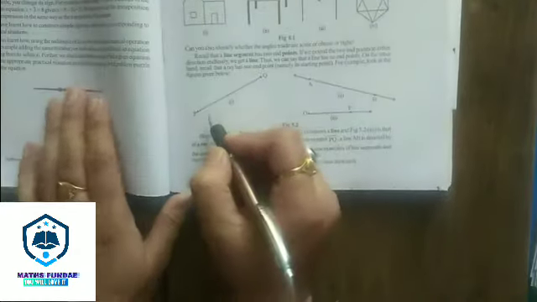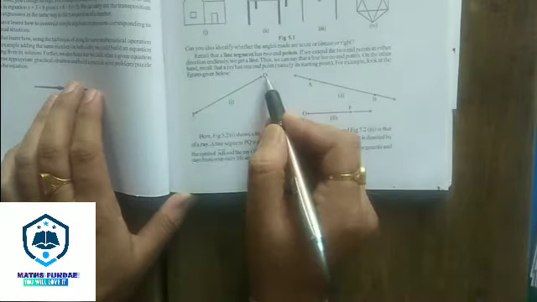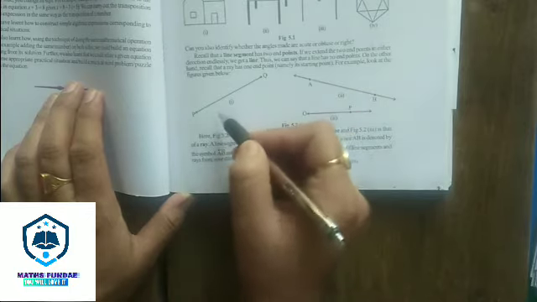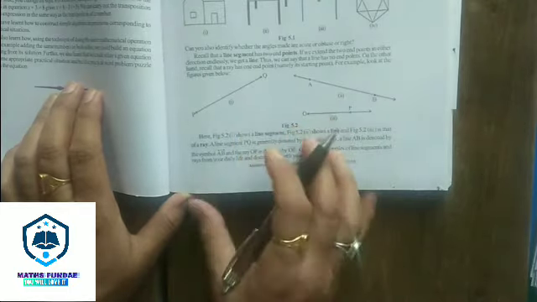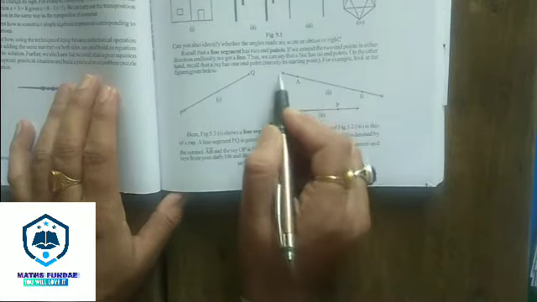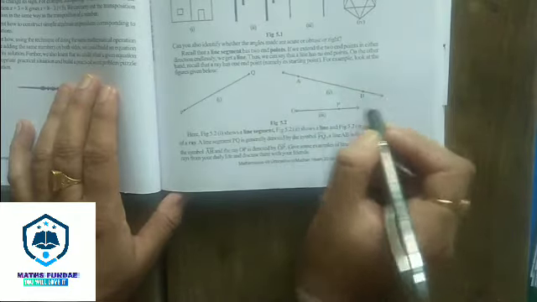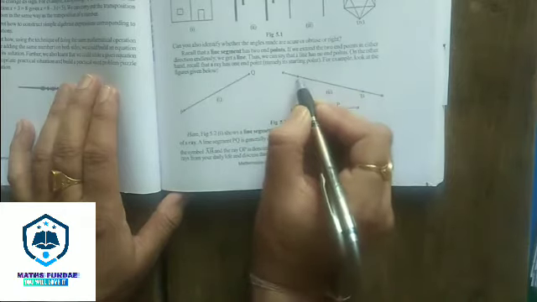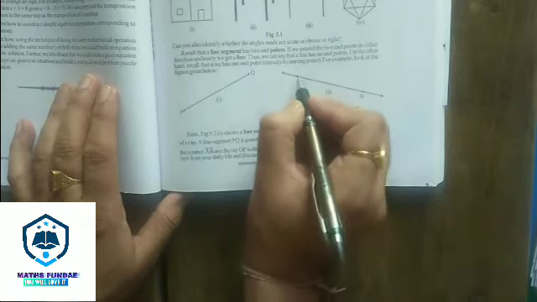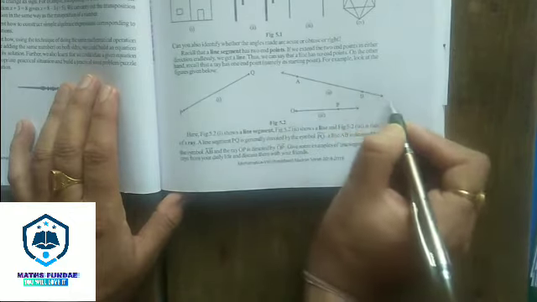PQ is a line segment which has two endpoints. P is an endpoint, Q is also an endpoint, and P and Q are also known as the starting points. So this is a line segment. A line means when a line segment is extended in both directions endlessly up to infinity. There is no end to this, so this is known as a line. These arrows indicate that in this direction the line is unending, going on further and further. Likewise in direction P also.